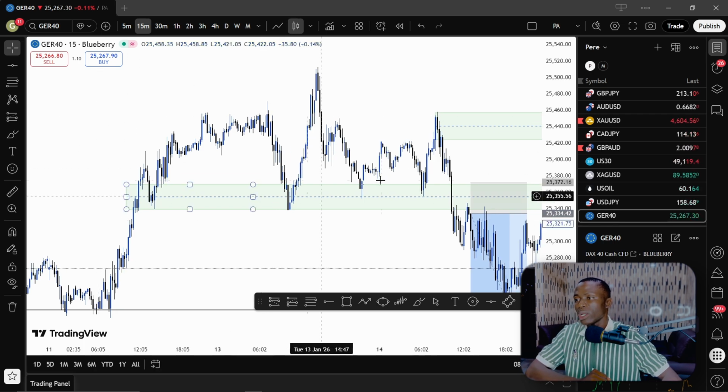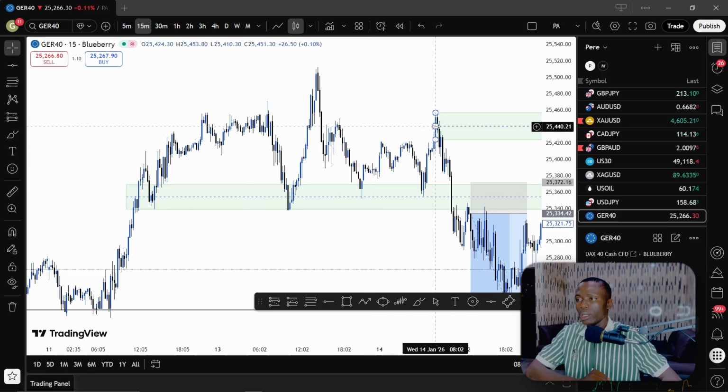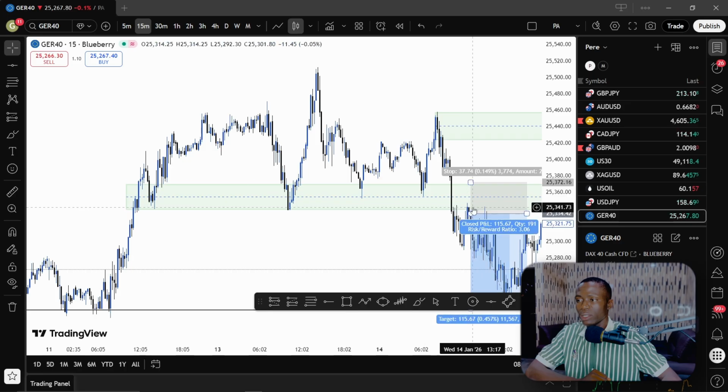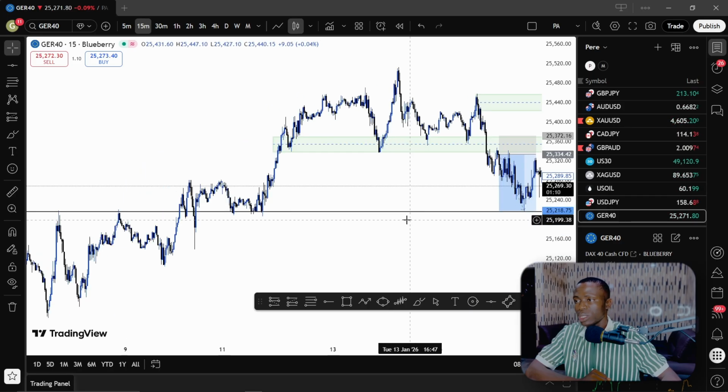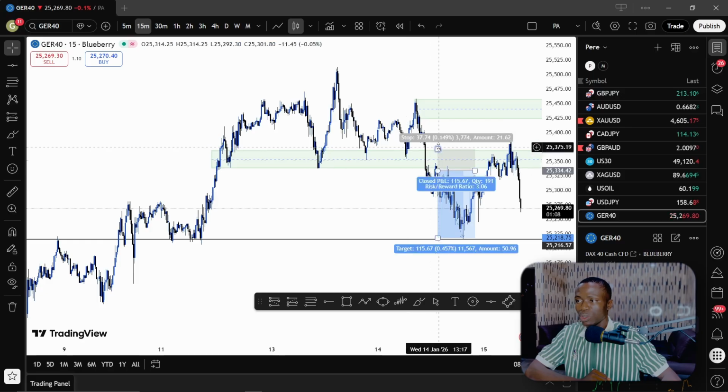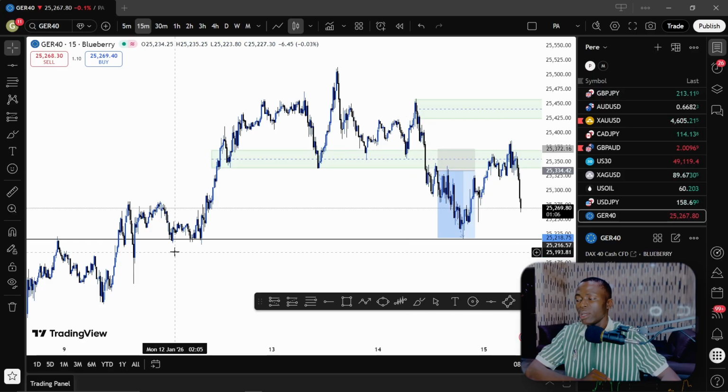Now you can see for this one here, I waited for the market to break below this low here. Immediately it broke below this low, then I waited for a retest. So you can see the market came back here to retest, and it gave me this bearish close. Immediately gave me the bearish close. I just went in immediately with my stop loss as usual just behind the level,